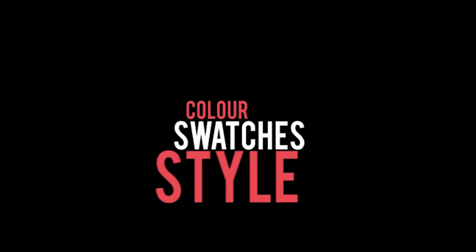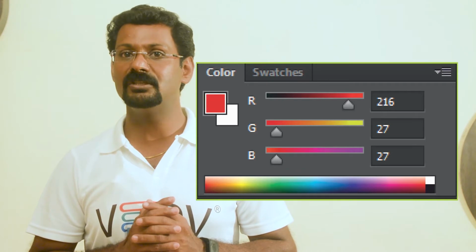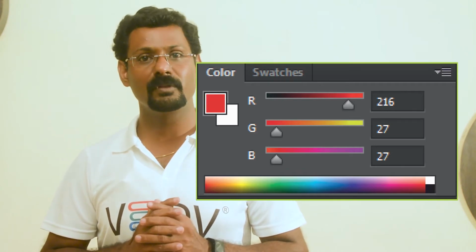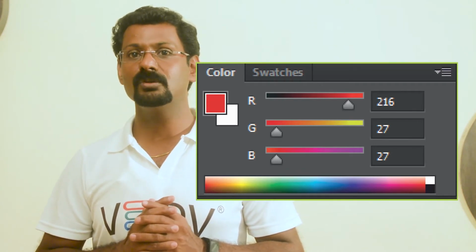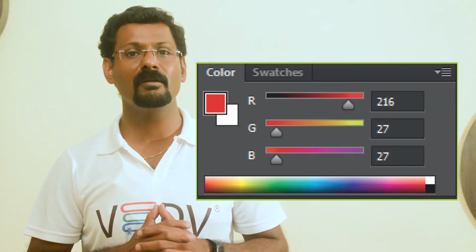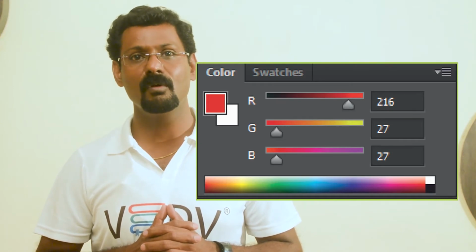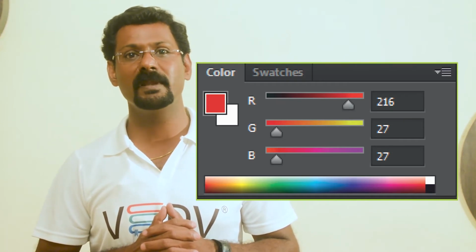The color palette displays the current foreground and background colors and RGB values for these colors. You can use the sliders to change the foreground and background colors in different color modes. You can also choose a color from the spectrum displayed in the color bar at the bottom of the palette.